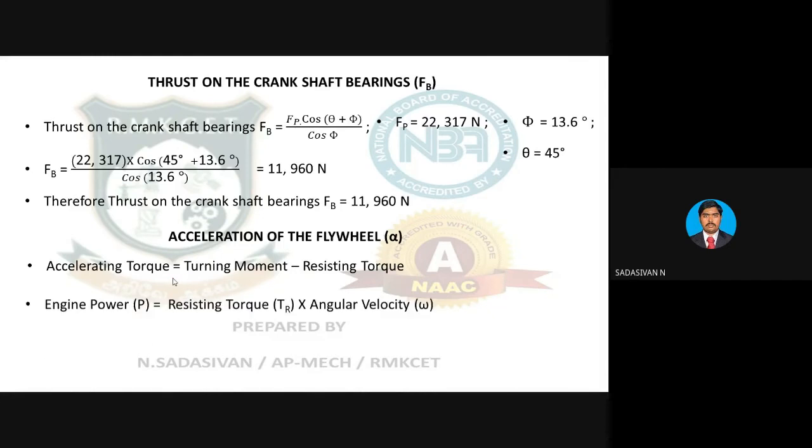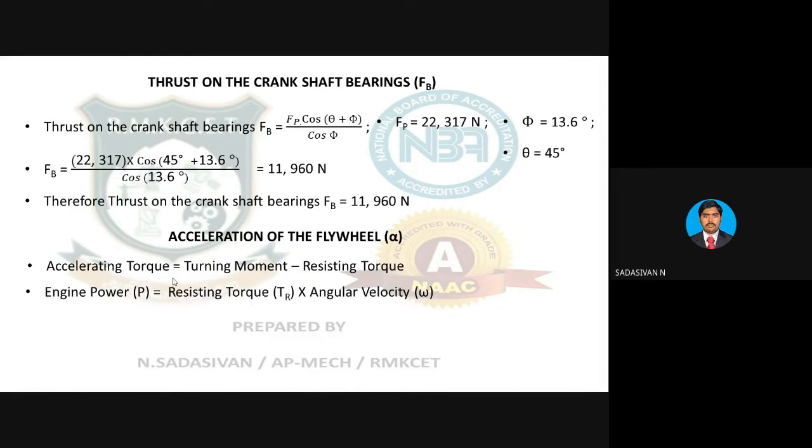So engine power is another relationship. How to find this resisting torque value? Power of the engine, 20 kilowatts given in the question, equals resisting torque into angular velocity of the engine. With these two relationships, you can find the acceleration. Power of the engine 20 kilowatts, mass of the flywheel 60 kilogram, radius of gyration 0.6 meter, omega is 12.57. First you go to this engine power formula and substitute engine power equal to resisting torque, which I have denoted as TR.